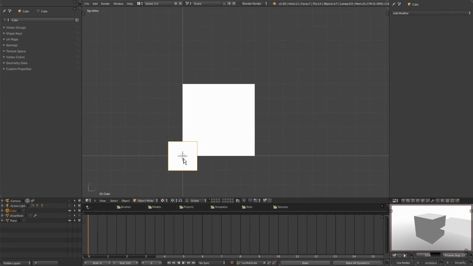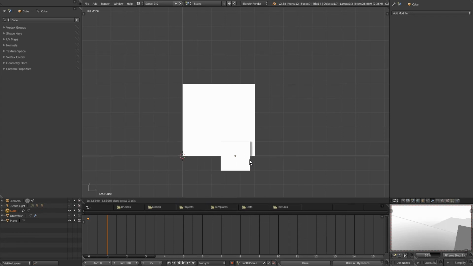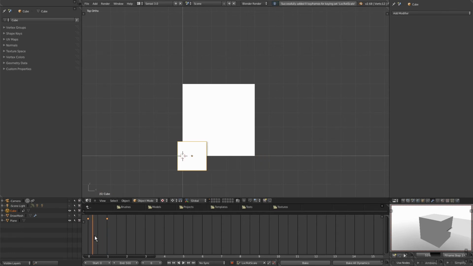Now before, we pressed I to insert a keyframe, and I can do that now. You see if I press I, that inserts this keyframe here, and then I can right click on the timeline and move it down a second, and then move my cube over here. I'll hold Control to constrain it, and then hit I again, and you see I now have 2